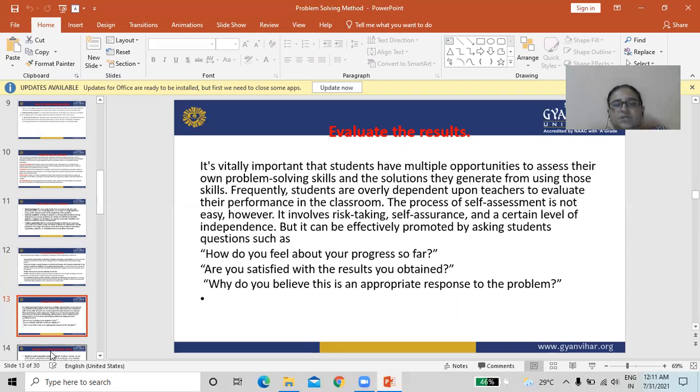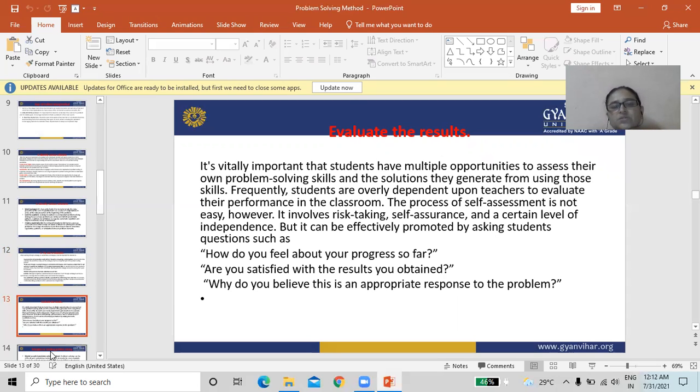Evaluation of the result. This is the last stage in the problem solving method. It is vitally important that students have multiple opportunities to assess their own problem solving skills and the solutions they generate from using those skills.